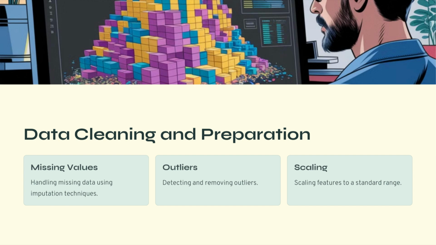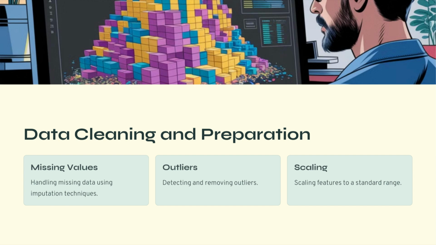Missing values occur when certain data points are incomplete. For example, in a housing dataset, the number of bedrooms for some houses may be missing. Several strategies can be used to handle missing values. We may remove rows containing missing values, replace missing values with the mean or median, or use predictive techniques to